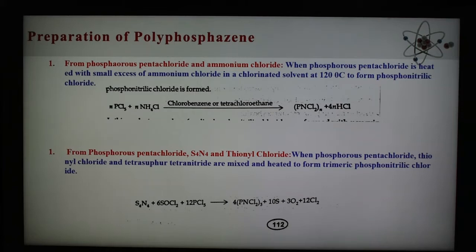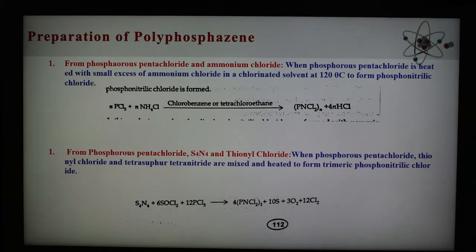Another important part here is the preparation of these polyphosphazenes, where dimer, trimer or tetramer compounds of the polymer are formed. There are different methods of preparation of polyphosphazene. First of all, we are going to see the preparation of the trimeric cyclic compound, hexachlorocyclotriphosphazene, formulated as (NPCl2)n, and this can be synthesized as the reaction shown. Number 1 is the reaction from phosphorus pentachloride and ammonium chloride.